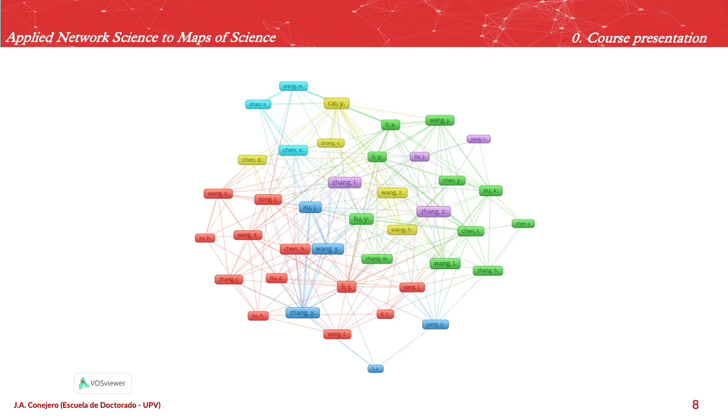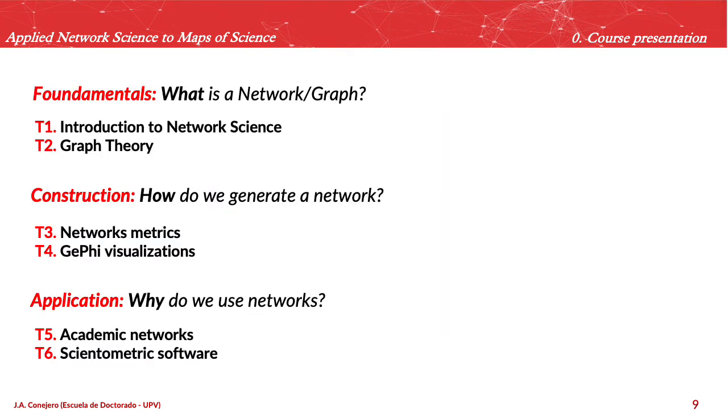Apart from studying the basic principles of network science, we will study how these let us visualize research information as graphs. The course will be structured into 6 units. The first one will introduce what network science is. The second one will speak about graphs. We will see that speaking about a network or a graph is nearly equivalent. Network is more accurate if we are speaking about the statistical properties of the connections among the nodes, and graph if we are thinking more about the heuristics or the algorithms